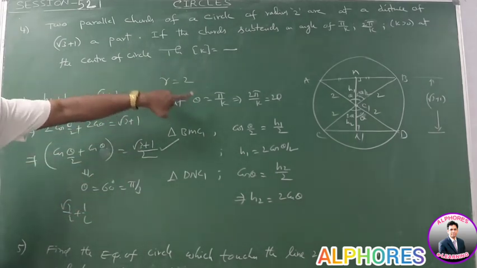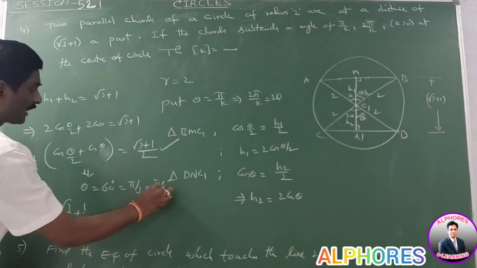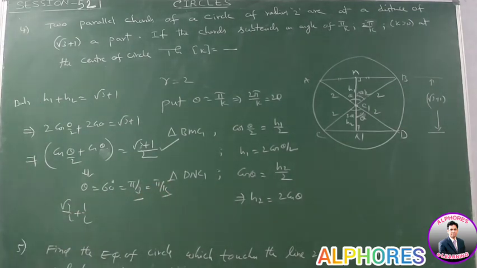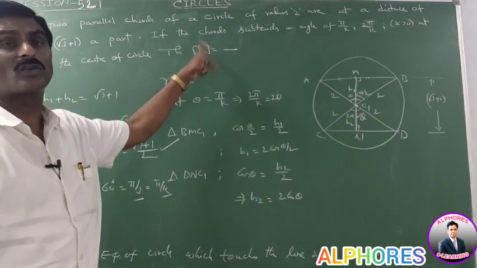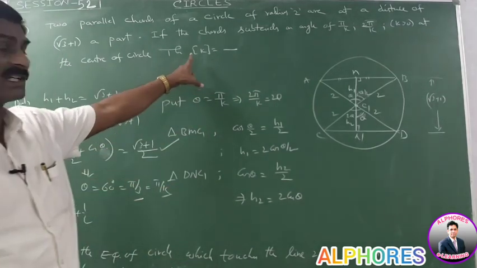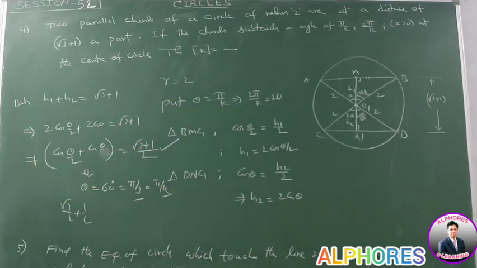But we take theta is equal to pi by k. Therefore, what is the value of k? k is equal to 3. Step of k means greatest integer function of k, so step of k is also 3. Very, very important, please note this value. Therefore, k is equal to 3. Theta is equal to 60, which means pi by 3. Compare this value with pi by k, so k is equal to 3.